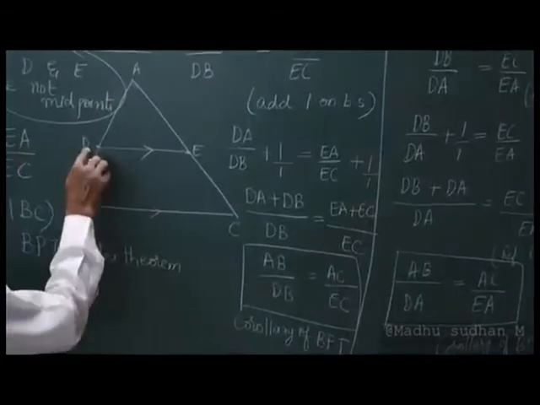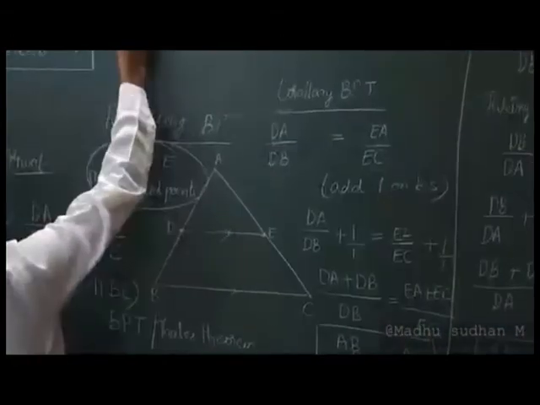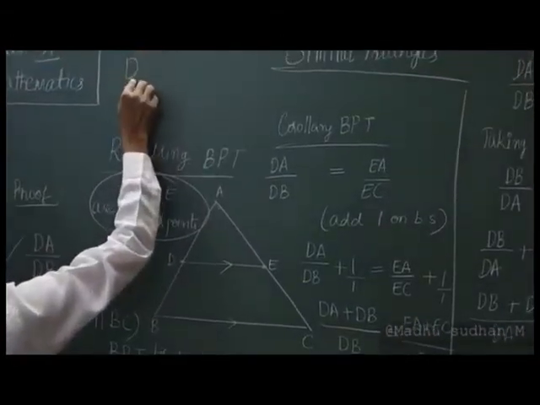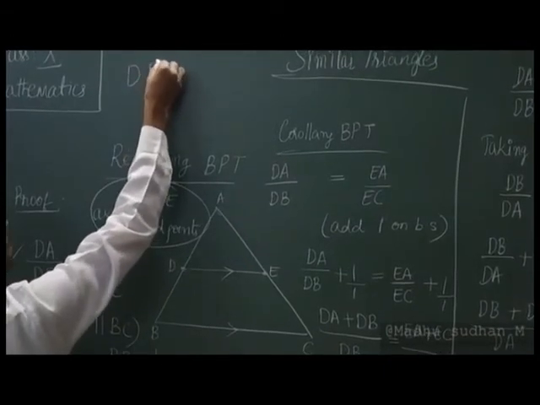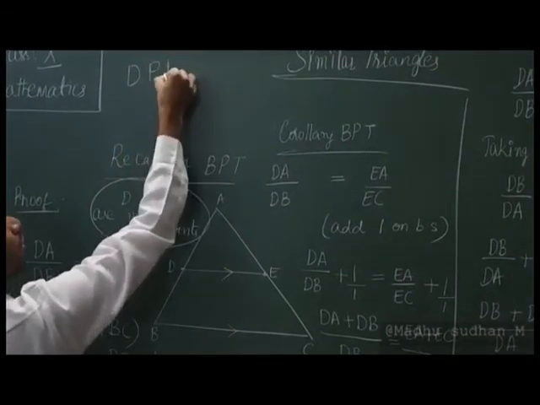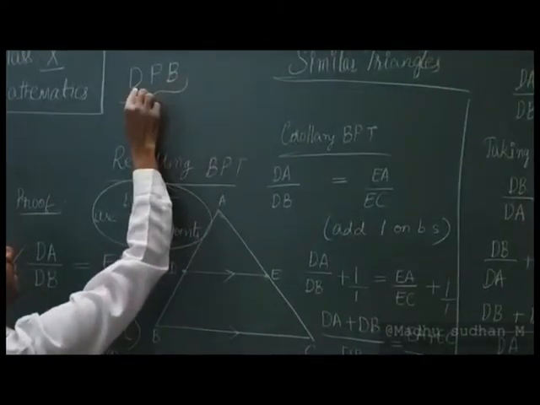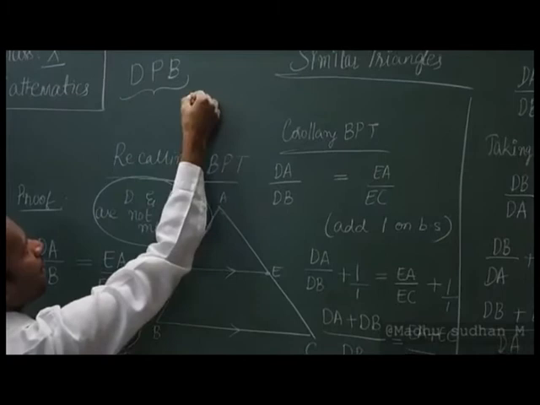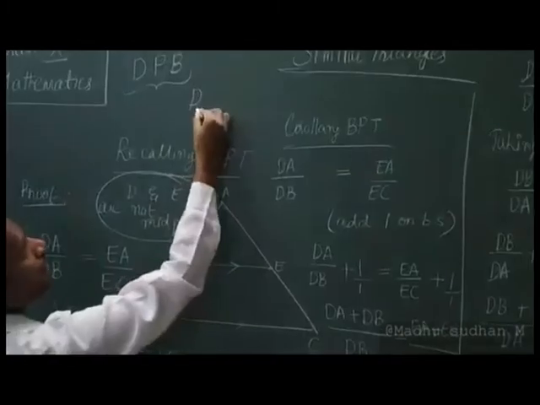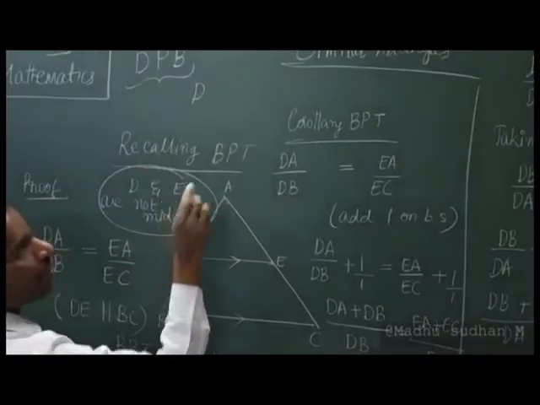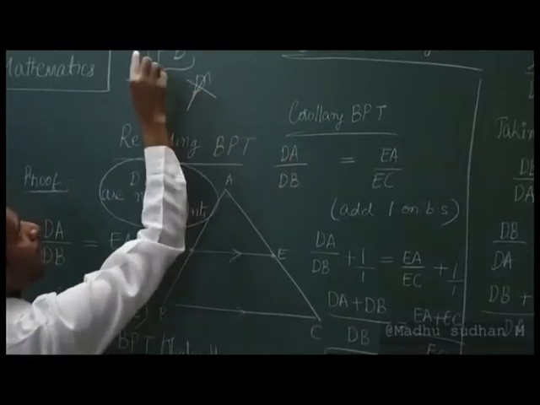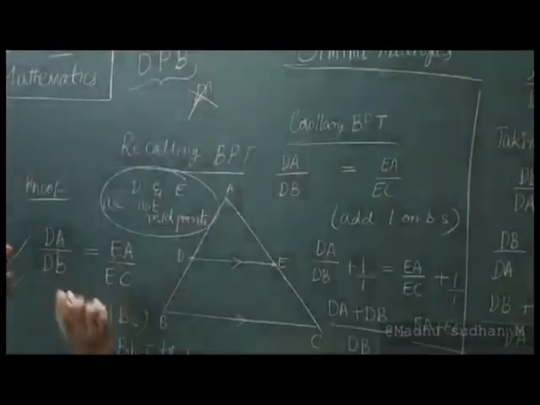Whenever we write D, and whenever we write P, and whenever we write B, see that you distinctly write them. Some students write a D like this, so this D appears like a P also. So don't make that mistake here. Please write the alphabets very clearly. Follow it, children.